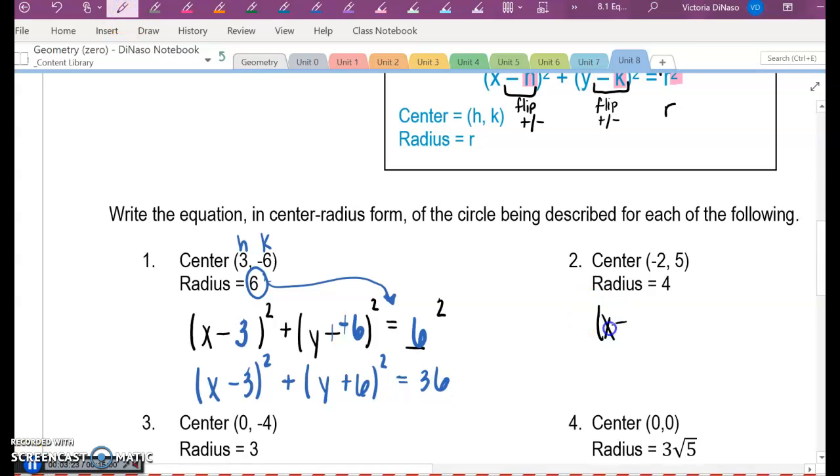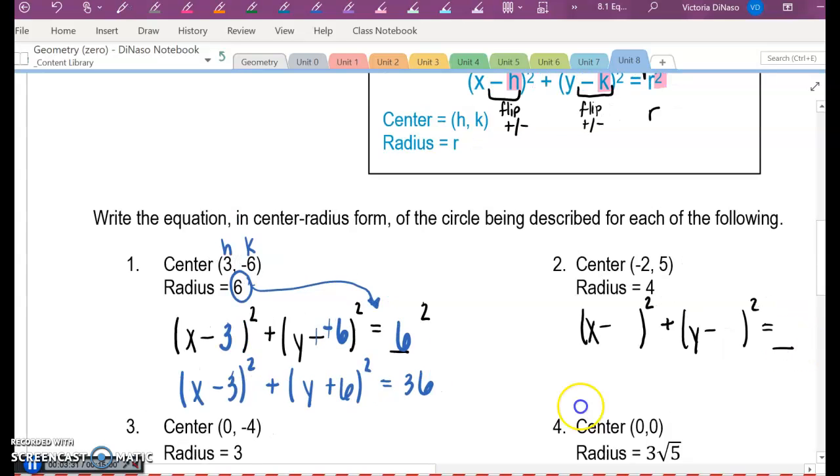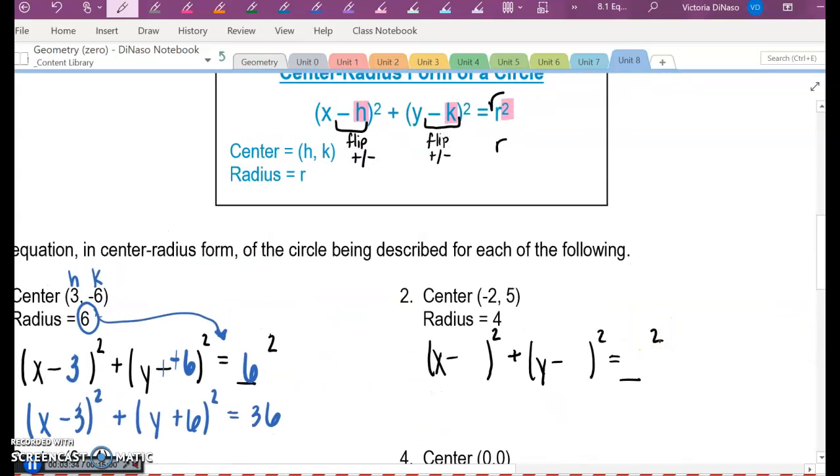So we're going to write out x minus something squared plus y minus something squared equals r squared. So right now I'm just writing down this equation of the circle and leaving out the h and the k. For the center, here's h, here's k. H goes next to x, it's in the x position. K goes next to y, it's in the y position, next to y. So we have x minus negative 2, and then we have y minus 5,